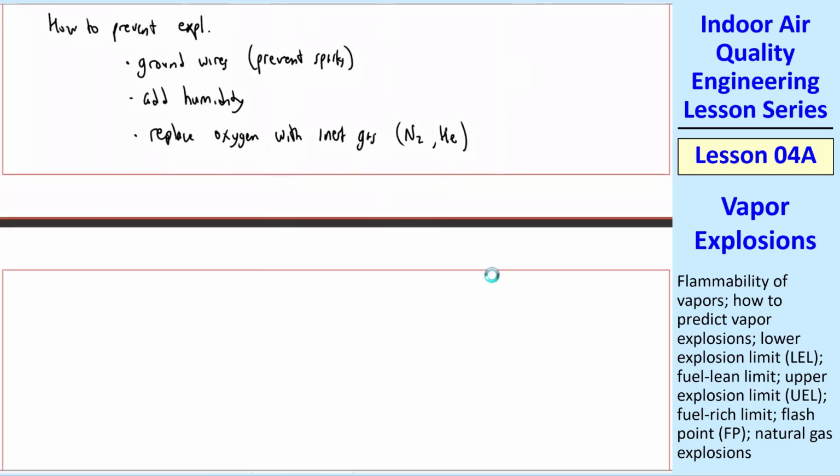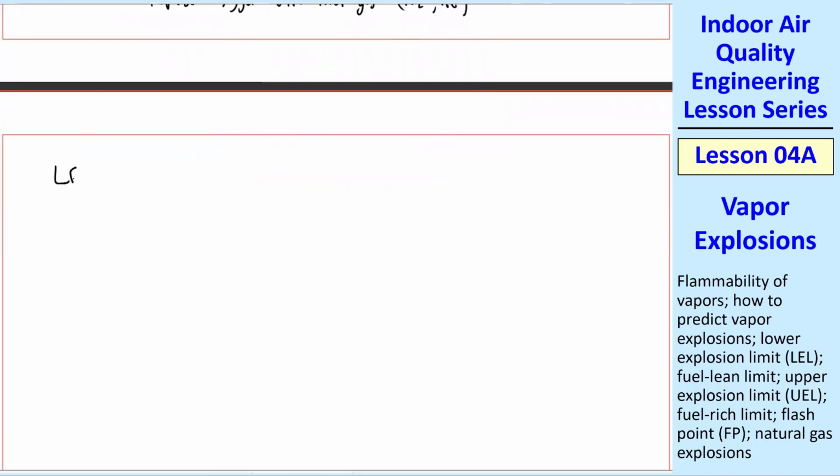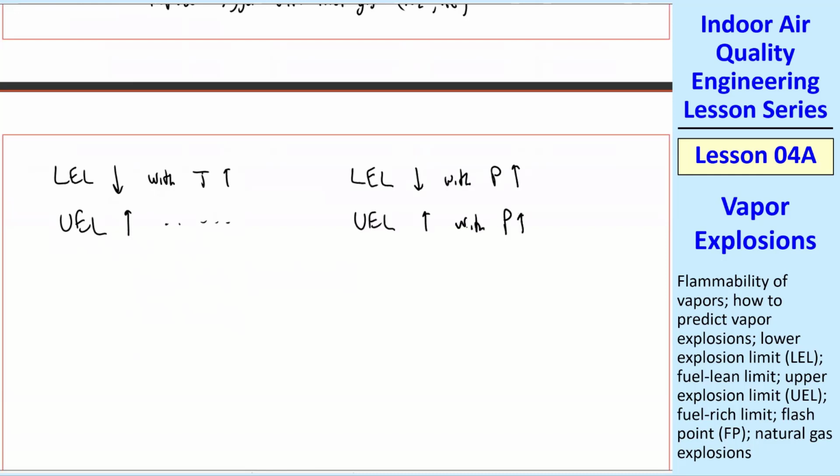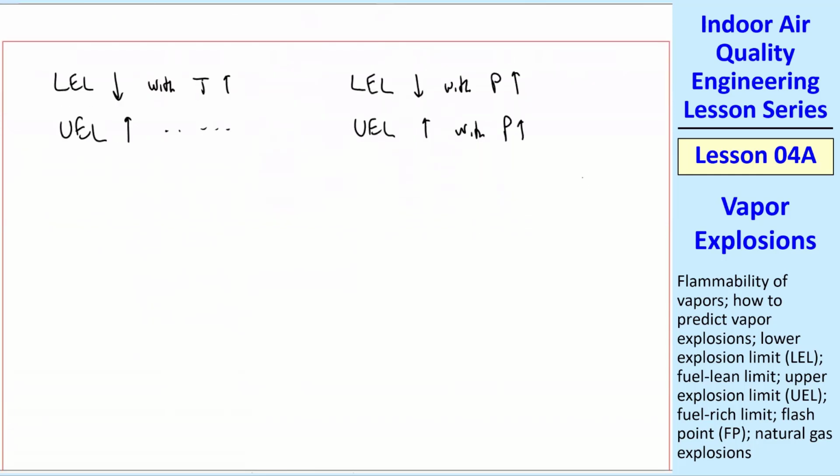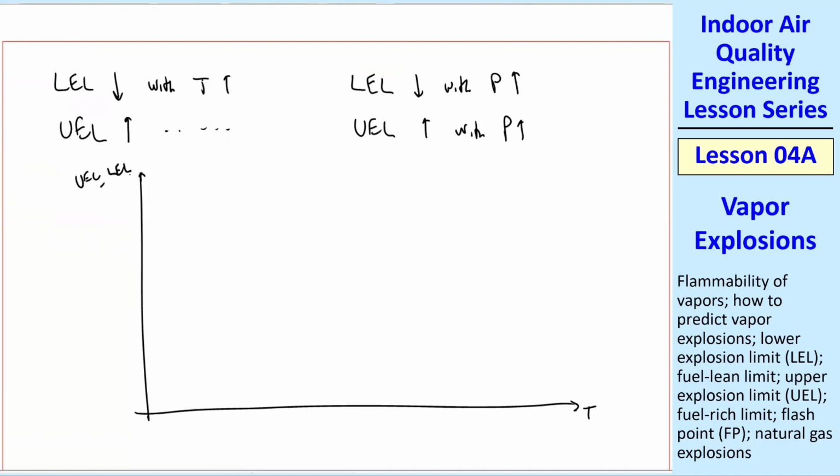I mentioned temperature. What happens is that LEL goes down with increasing temperature and UEL goes up with increasing temperature. It also turns out the same thing happens with pressure. LEL goes down with pressure going up and UEL goes up with P up. So for either of these, I can plot this as both temperature or pressure. I'm going to just do temperature for simplicity, but if we plot UEL and LEL on the same plot,